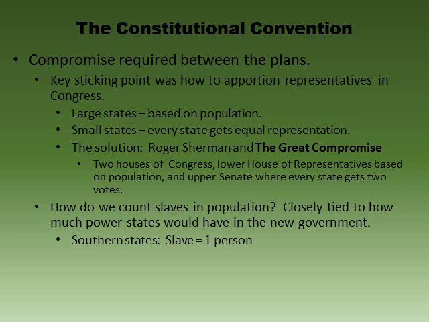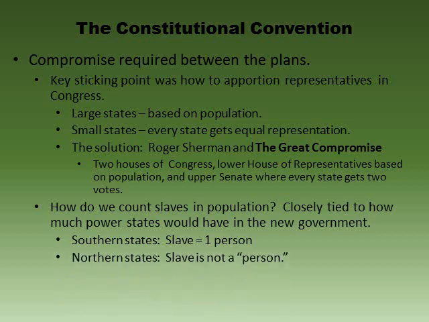person. And it's kind of ironic because the states counted them as property for every other purpose. But since their political power in the new government was at stake, they wanted to count the slaves as a person, just like every white person was a person. And that's what the southern states wanted to do. So again, it's irony to the extreme because they didn't consider the slaves as people for any other purpose. But for the purpose of counting them to give them power in Congress, they wanted the slaves to be a